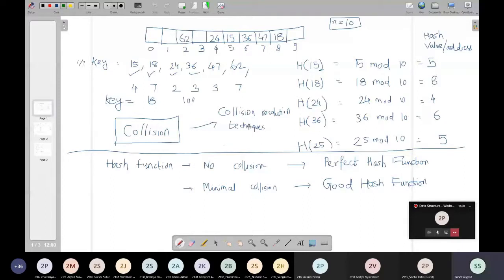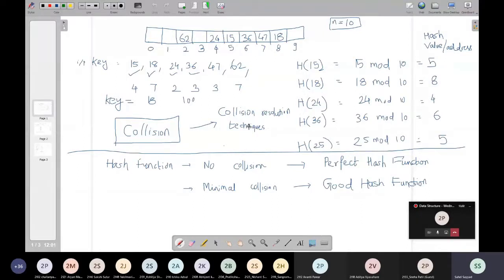So we have seen one simple hash function initially, which was using the division method, that is the mod operator. The input key values are passed on to that hash function, and the number of slots is given to us as an input against which we calculate the mod, and whatever result we get is used as the hash value or the hash address for storing those elements. The same hash function will be further applied for searching the elements also.